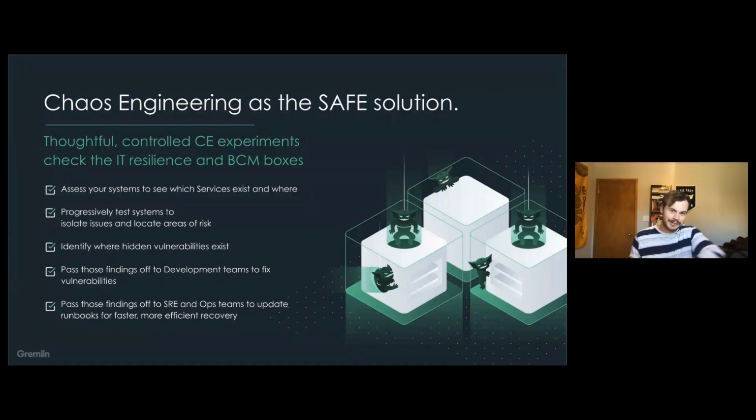And you can send those findings off to your dev and architecture teams, right? To fix and optimize vulnerabilities. We'd like to talk about this word of improvement and optimizing, because it's not always that you're fixing something that's necessarily broken. It's just that there are areas where you can make your software more resilient, right? And it starts with finding those levels of vulnerability and risk that might be hidden in this chaotic